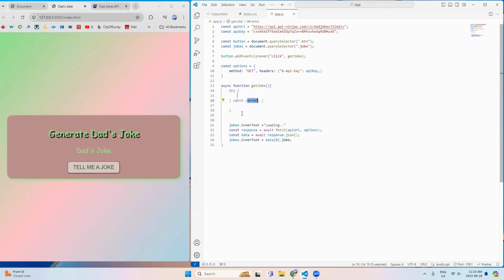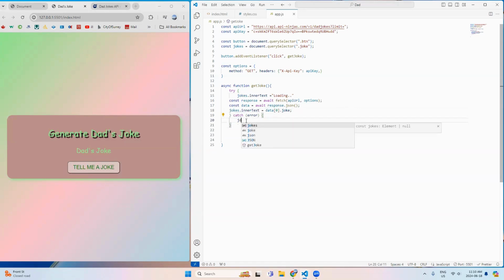This will try if everything is okay. If there's something wrong, then it catches the error. Jokes dot innerText is equal to, let's give some message, an error has occurred,